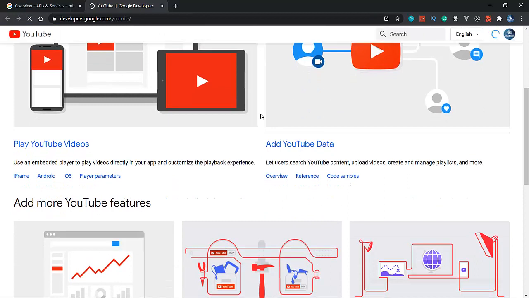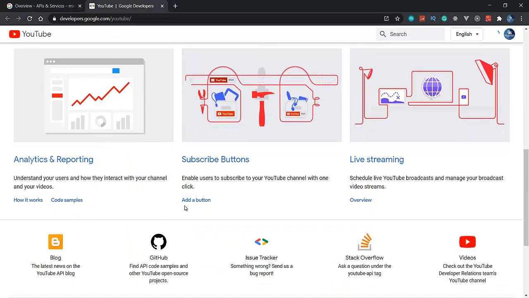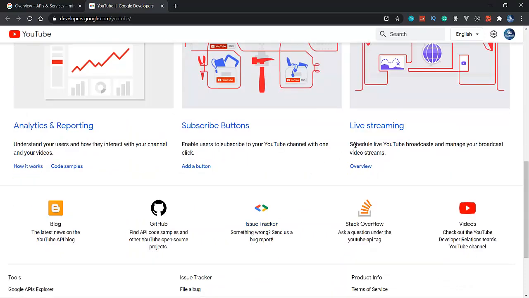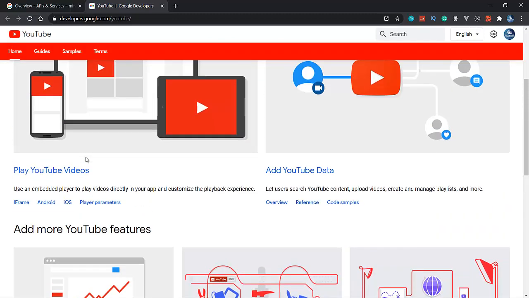We can upload data, add YouTube data, and play YouTube videos. We can do live streaming, schedule things with the API, and schedule subscribe buttons. We can use analytics and reporting with the API, but that will not be done with the YouTube Data API. Here we only want to play YouTube videos, so click here.